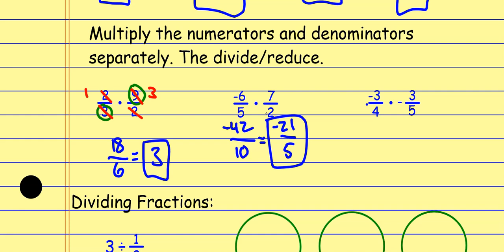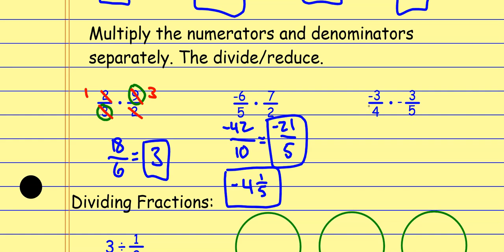It's just a matter of saying, okay, how many times does 5 go into 21? And the answer is 4. And again, it's going to be negative. And now, if it goes in there 4 times, there's still 1 left over, because basically 4 times 5 is a 20. So I didn't quite get to that 21. There was 1 left over. And the thing I was dividing by was a 5. So I continue to divide that by 5. Okay? That would also be an acceptable answer, that mixed number. Okay? If I look at the next one,